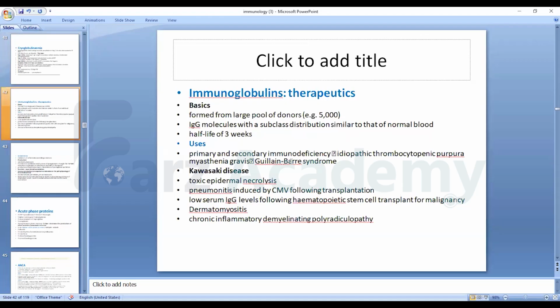So where do we use immunoglobulin as therapeutics? It is formed from a large pool of donors, an IgG molecule with subclass distribution similar to that of normal blood, with a half-life of 3 weeks. Uses are primary and secondary immunodeficiency, idiopathic thrombocytopenic purpura, myasthenia gravis, Guillain-Barré syndrome, Kawasaki's disease, toxic epidermal necrolysis,